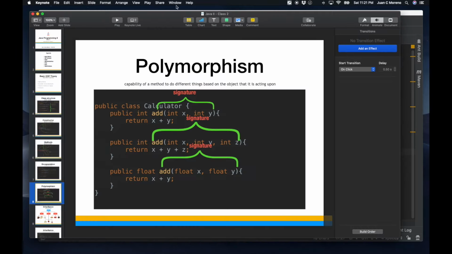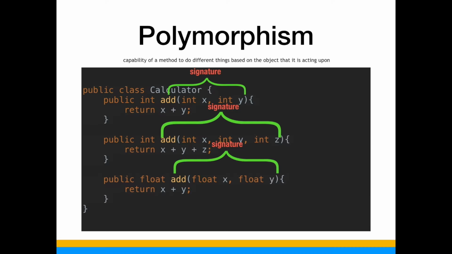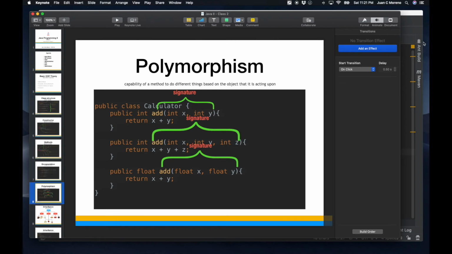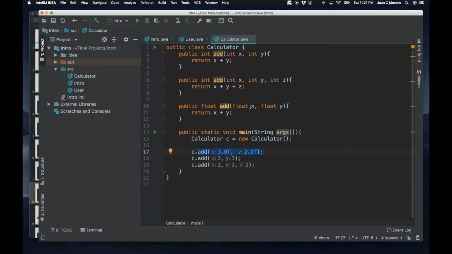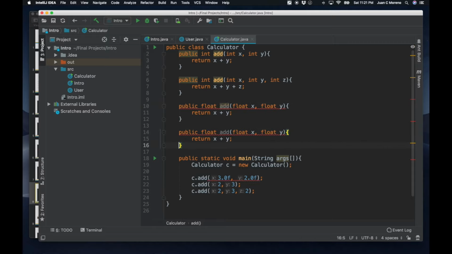And what that is known as is that Java needs every function to have a different signature, so that way you can accept it as polymorphism. Why? Because the signature is essentially the name of the function and the arguments, not the return type. Otherwise it would just create confusion. So for example, with this one with the 2 parameters, even though I'm accepting 2 floats, if I added another function exactly the same, and I called it int, and it would be returning an int,